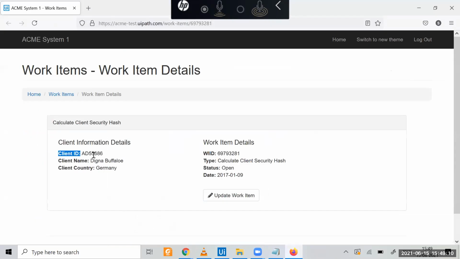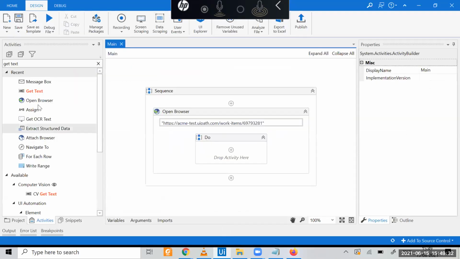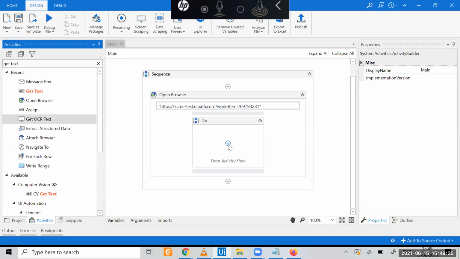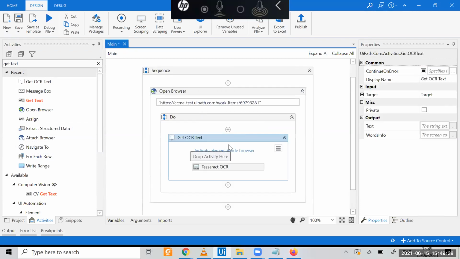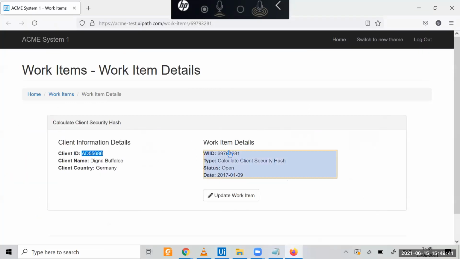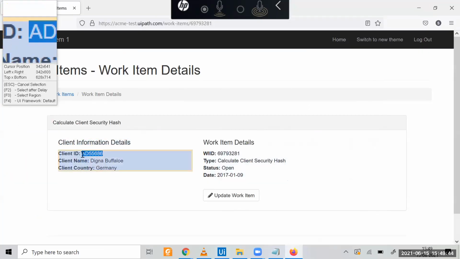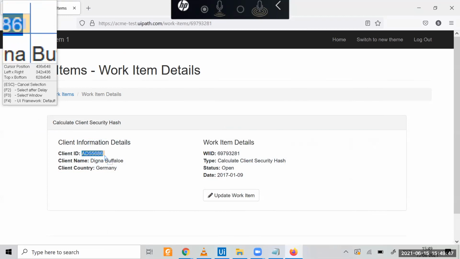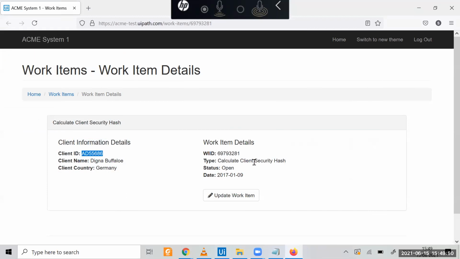What happens by default is that this website is throwing this as an image to the robot. Whenever we are trying to click and copy manually, it is okay. But whenever the robot is trying to grab it, it shows this as an image. So there are two things we can do. Not very efficient, but this is also a method you can go with. You all know Get OCR. You can click this and drag to choose the region in OCR, like you are doing with function F3. You can do it here.